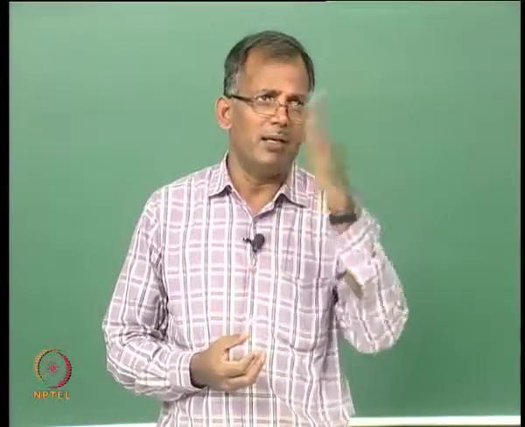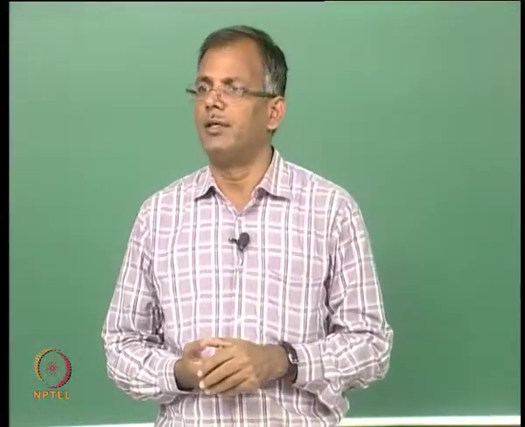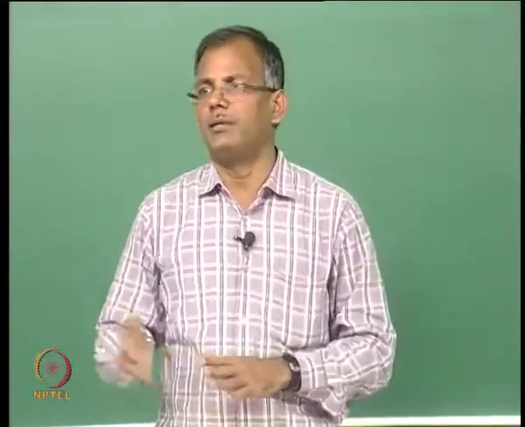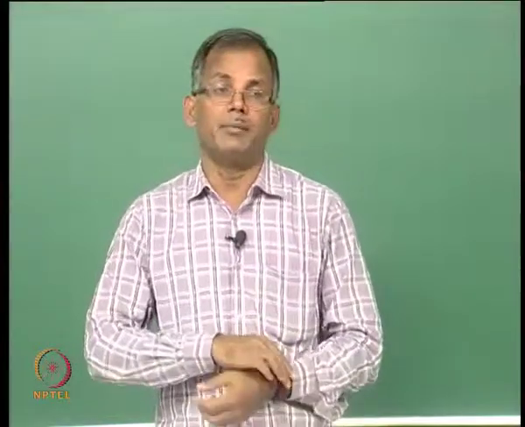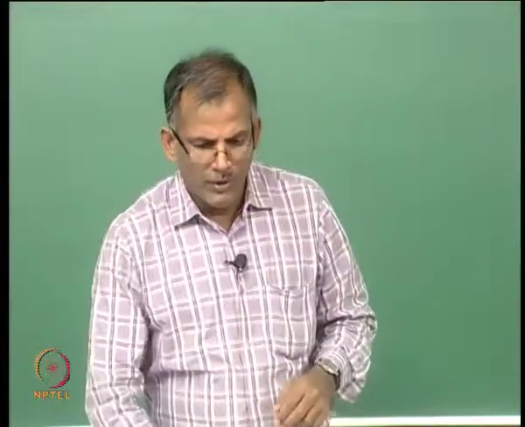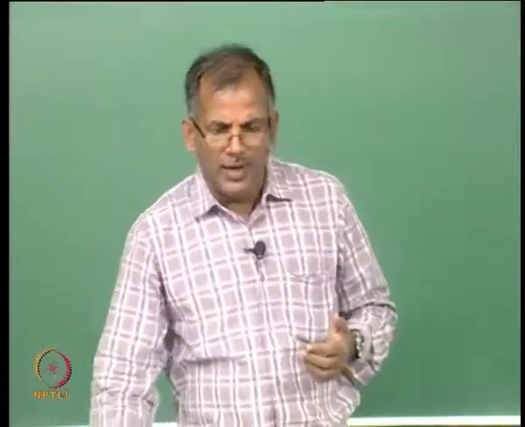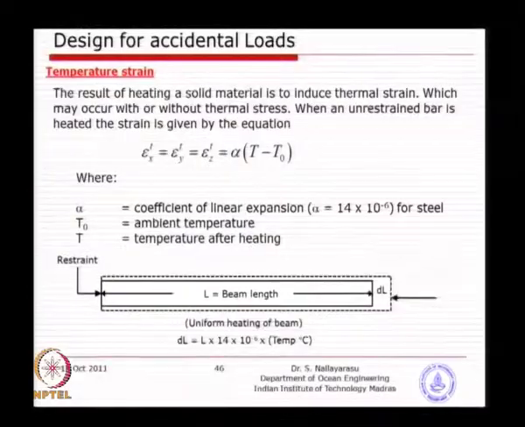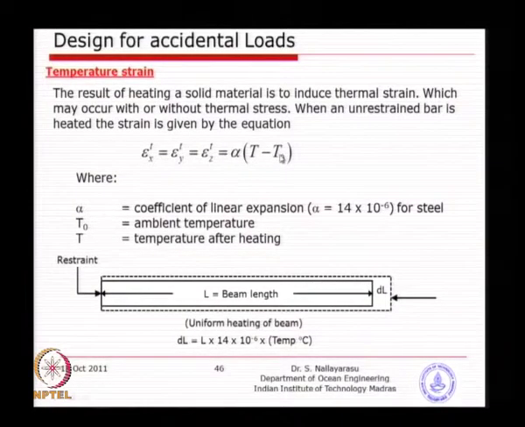Whereas, when we are designing simple structures like the protective barrier, you try to go conservatively and do a static design as long as you pick up the right values. A typical elongation of a beam not restrained in any direction: when the temperature increases from T naught to T, you see the delta T happening, and you can find out the thermal strain in any direction as long as it is not restrained. It is just going to expand longitudinally and in the transverse direction.